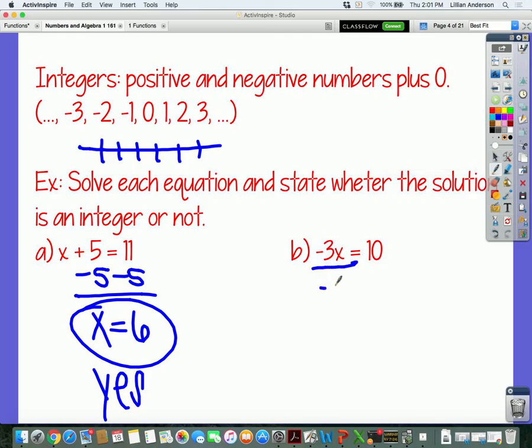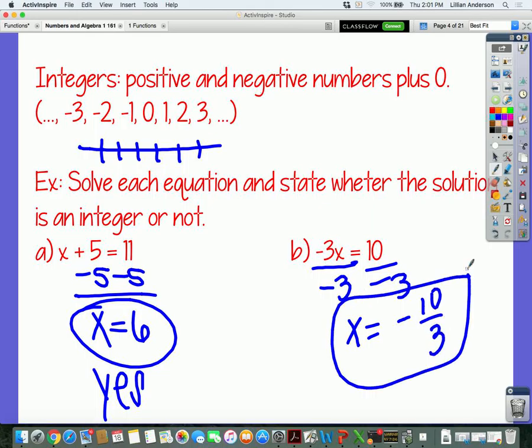Divide by -3 on both sides, and then your answer is going to be what? You don't have to go all that deep. Just what is it? Three and some change, or we could just leave it as -10/3. Okay, it's okay. And honestly, sometimes it's a lot easier to leave the fractions as they are because that